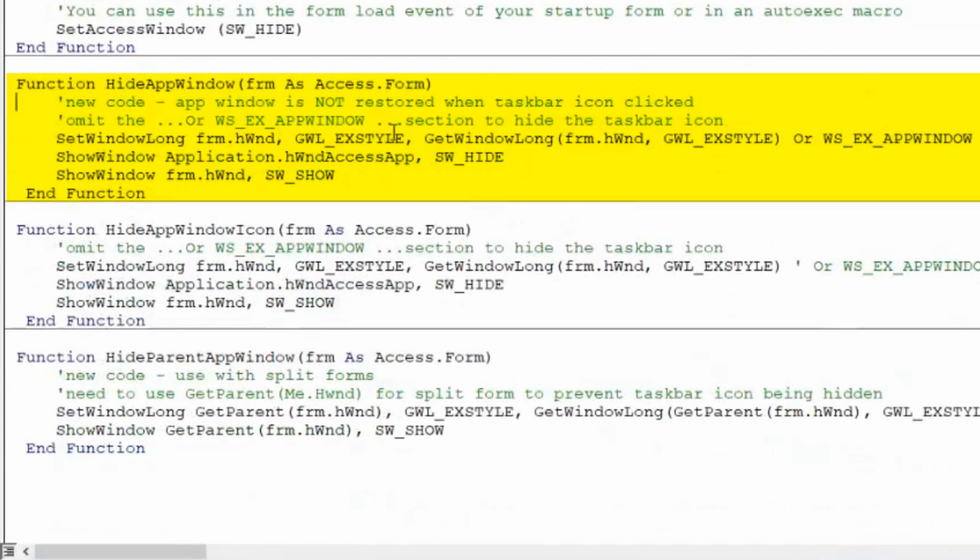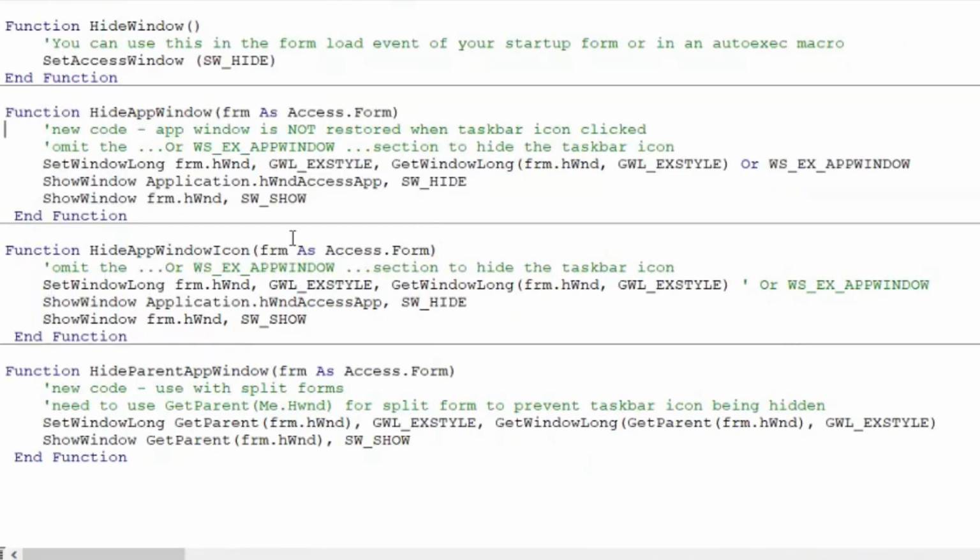You can use many variations on this. Just select your form, choose the style, choose whether or not you want to have the taskbar icon shown or not. Standard one is I show this, show the window, alright, and make sure you know which window you're going to show effectively, but I've not explained that in detail. I can have a similar one here, okay, also hiding the icon on the taskbar, and all the difference is I remove that part there, I just comment that out.